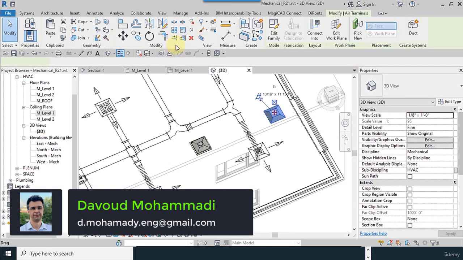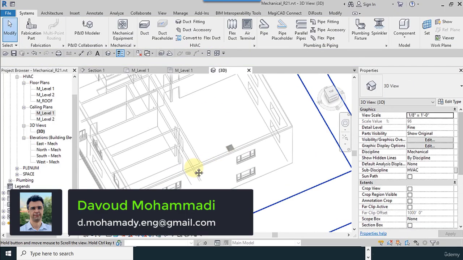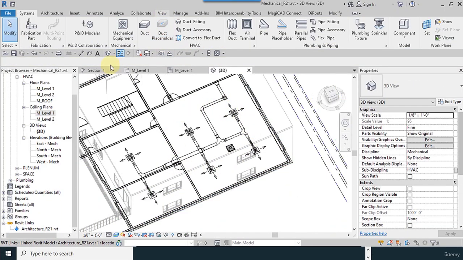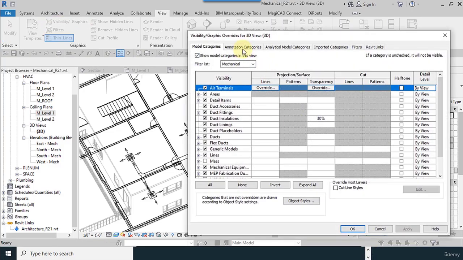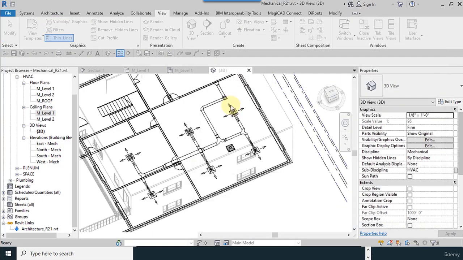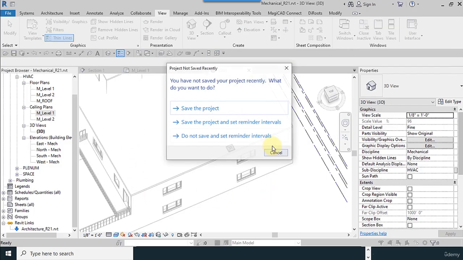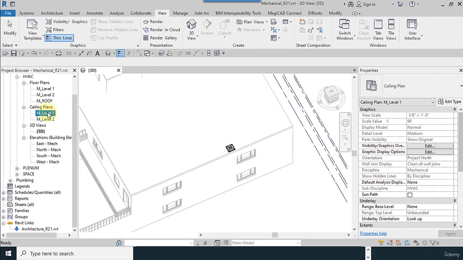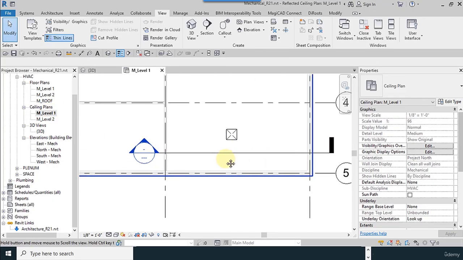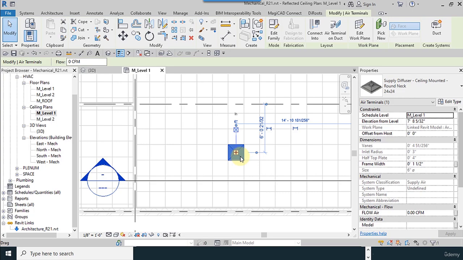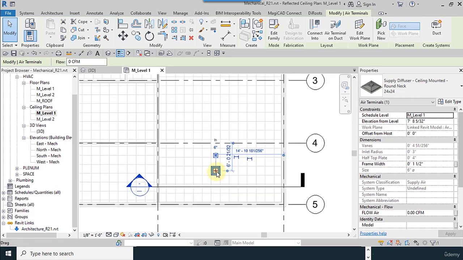I want to remove this diffuser and this also, and I will hide the map. I uncheck this checkbox, cancel. I close the unnecessary windows. I go to the level 1. I reposition the diffuser